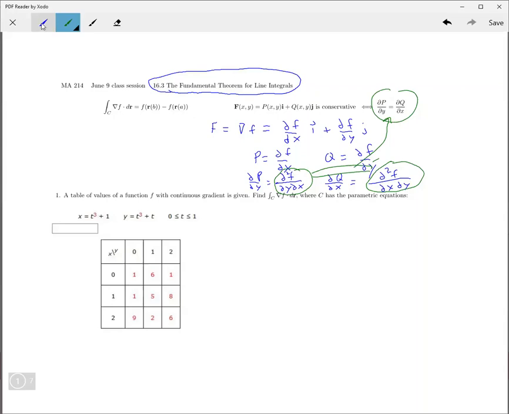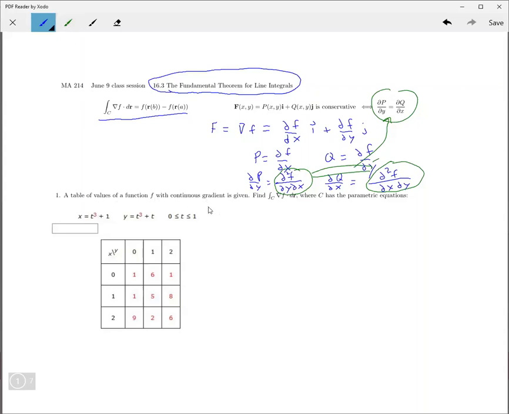Okay, so anyways, two things. This right here and then this right here, you can tell if it's conservative if and only if that. So let's get to the exercises. Number one,